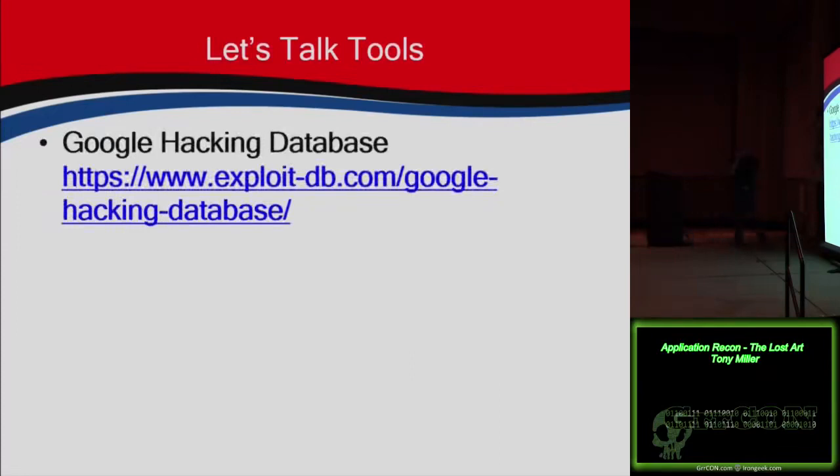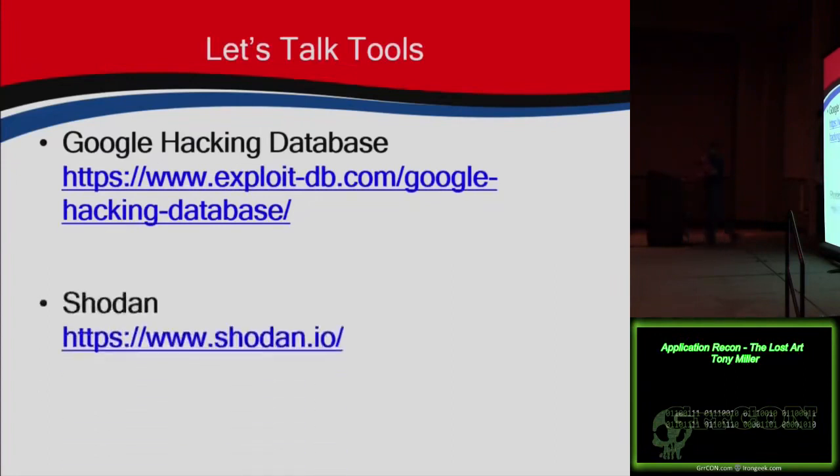Google Hacking Database. I mentioned that before. This is a great resource out at ExploitDB. If you haven't been there before, I highly recommend you check it out. They have tons and tons and tons of Google dorks, just simple search strings. They've got them categorized, so if you want to go look at the Internet of Things, you want to find specific devices, go out there, they will give you tons of different strings. The best part is it's an open community you can contribute to, so if you have one of your own, a favorite that you use, you can go ahead and contribute that to the database. It's great stuff, especially if you're working with a particular technology and you want to Google hack it. Go out there, check it out.